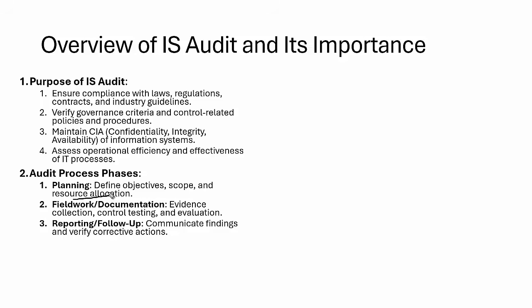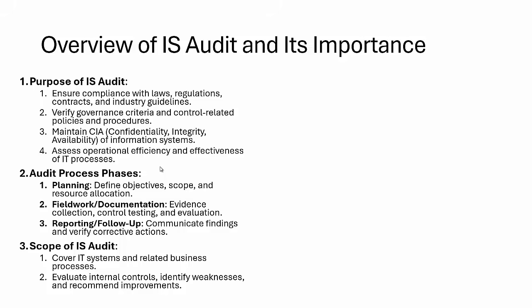Now, one thing to always remember: we cannot directly present the report to the customers. We need to first take the auditee's confirmation on the report, whether the findings are okay or not, and then we provide the actual report to the stakeholders, because the auditee is responsible for implementing the action plan. I have given them recommendations, so they have to give me the action plan on that. That's why auditee consent is very important. So this is the auditing process that we need to follow. Again, I'm telling you, there's a dedicated internal audit video. If you go through that, I have explained these 3 phases in a more practical manner in more than 50 minutes.